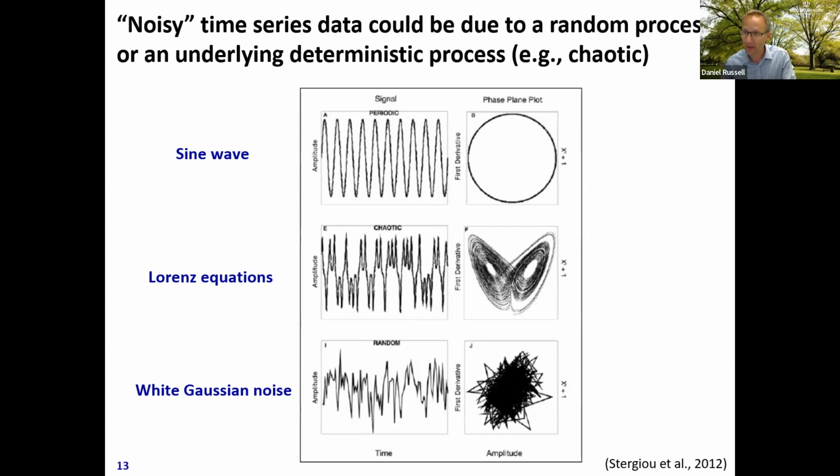In the middle graphs, we have Lorenz equations. So these are deterministic equations, 3 equations, and you can see that the graph looks a bit strange on the left-hand side. And when you plot that out, you can see that it produces this nice pattern, and that's an example of a chaotic attractor. On the bottom graph, you've got white Gaussian noise. You see how random it looks. And when you do a plot against the first derivative, you see it truly is random, right? There's very little relationship between a value and its subsequent value or the rate of change of those.